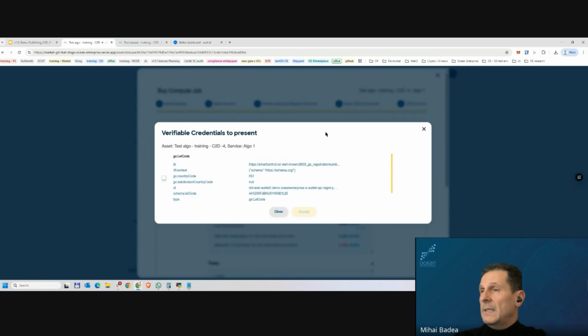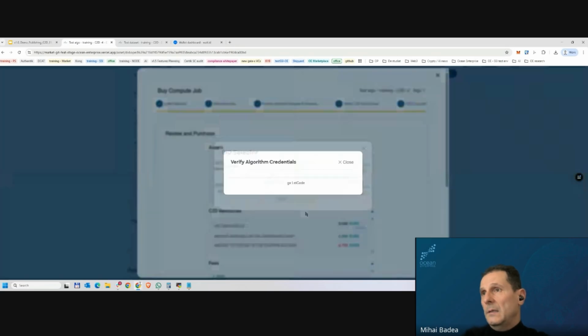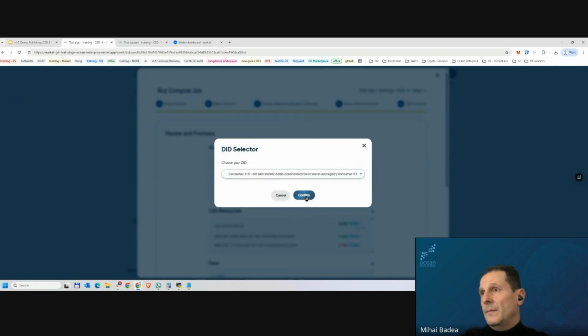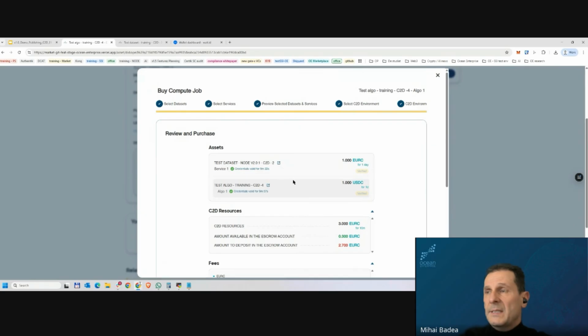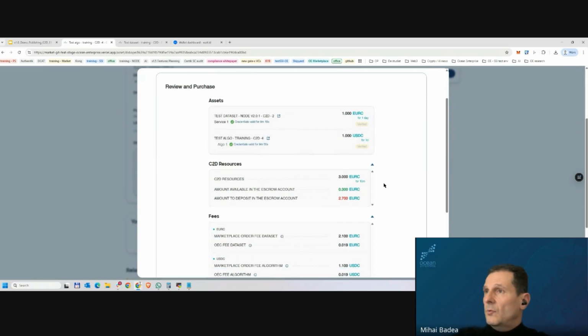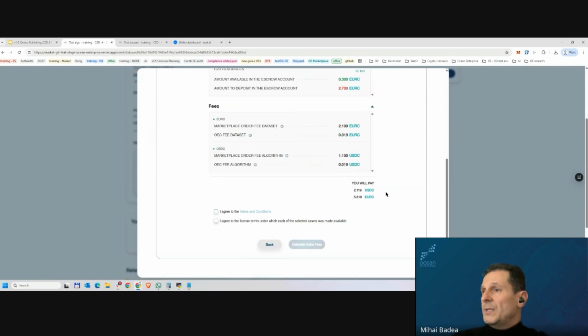Okay, so the first data set didn't have SSI credentials, and it passed the Web3 address verification, but the algorithm has SSI credential, and it requires the lay code credential. This is the lay code, the verifiable credential retrieved from my wallet. I selected, accept, I select the deed, which will sign the presentation, confirm. It passed the verification, and now I'm able to purchase